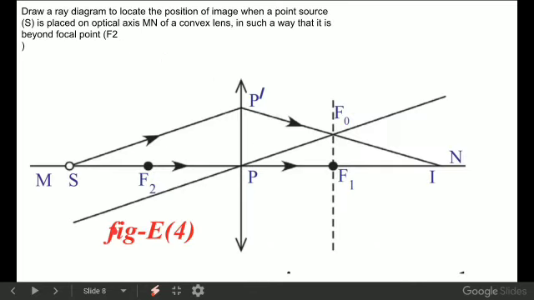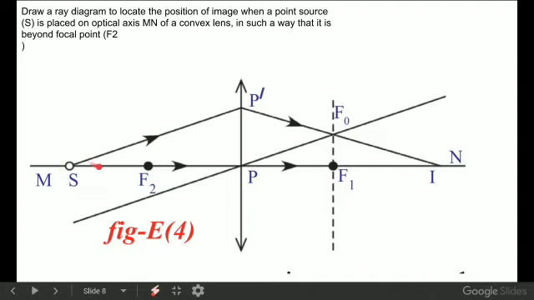Next, move on to the ray diagrams. These ray diagrams are given in some of the example problems and in the textual questions also. Most students get many doubts in drawing the ray diagrams for these simple point objects. Let's consider that a point object is placed at point S on the principal axis, in front of a convex lens. Where is the image formed? In order to find that out, you have to draw the ray diagrams. So how do you draw the ray diagram?